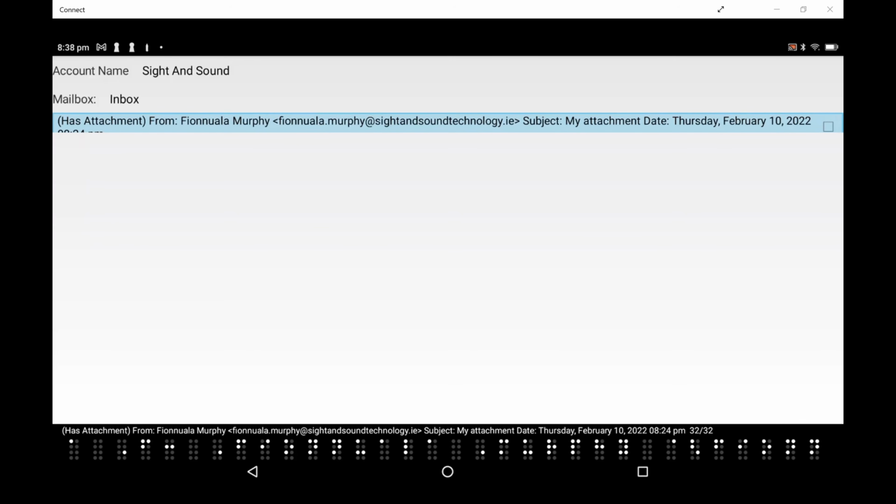And the other thing you may want to do is open links from within emails. There are two ways of doing this. If you receive an email with a link and you want to open it, if you press the enter key with the letter L, the link will open in the HIMS browser, the default HIMS browser. For many things, the default HIMS browser may not be satisfactory. So if you press backspace and L,